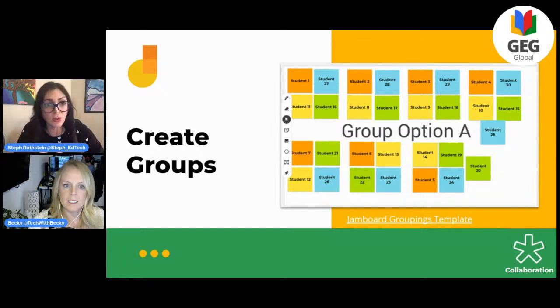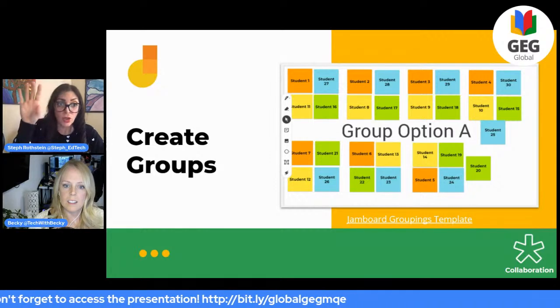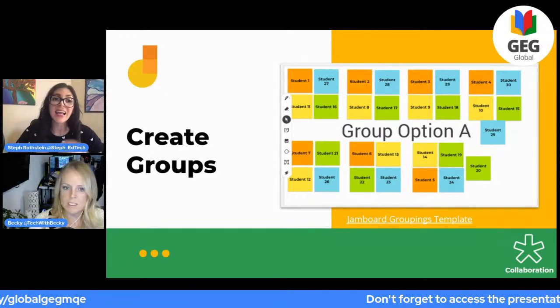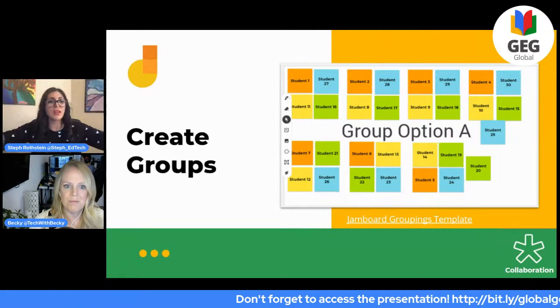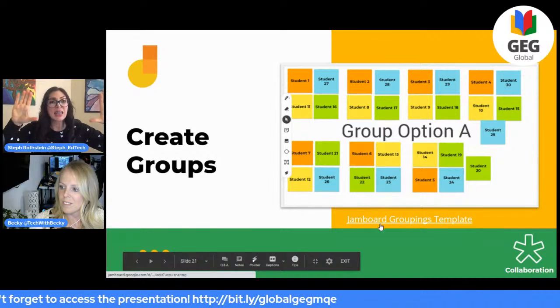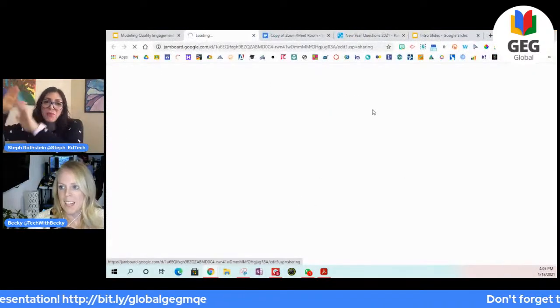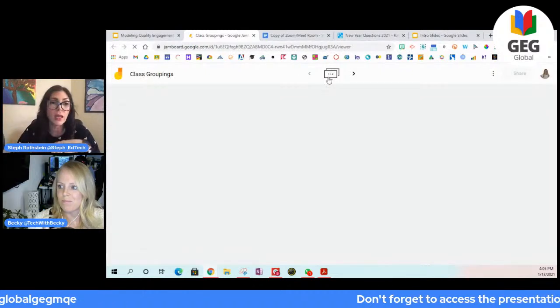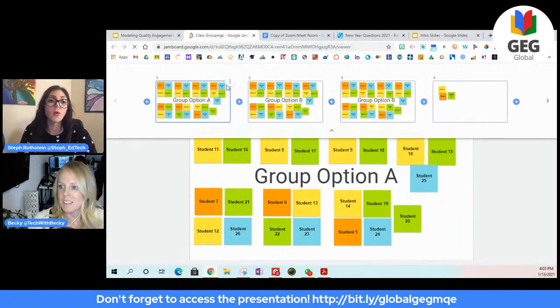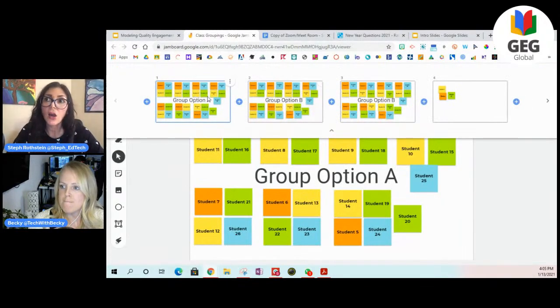If you are going to pre-make groups, it's really wonderful to do it in Jamboard. And the reason why we gave you this is you can pre-make these groups. You have them there. So you've got your either 4, 3, 5, however many people. And then I keep those. So that was the epiphany from Becky, was I keep it. It has my students for that period. I'm in high school. And then I duplicate it and then I move it around and change it up so then I know that they're with different people. If it's staff people, I know they're with different people depending on what we need or what we're working on. So it allows me to see, oh yeah, they've already worked together and now I'm going to move it.